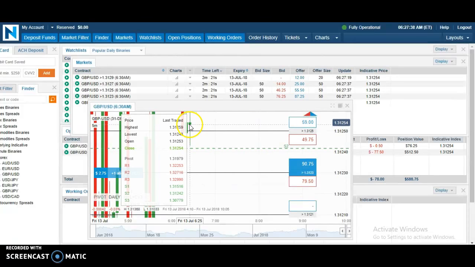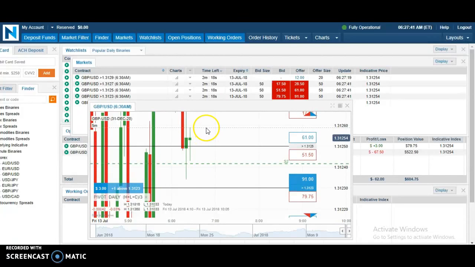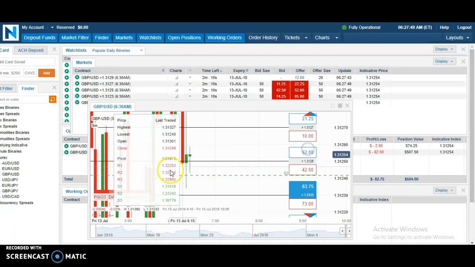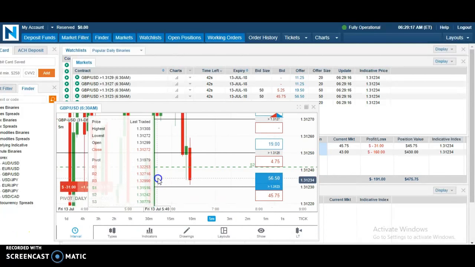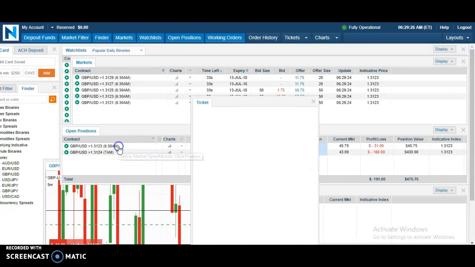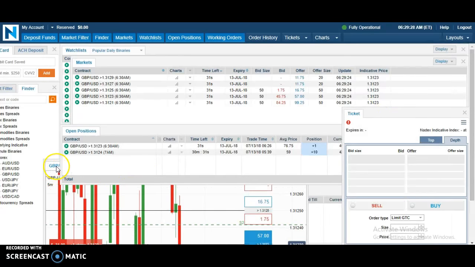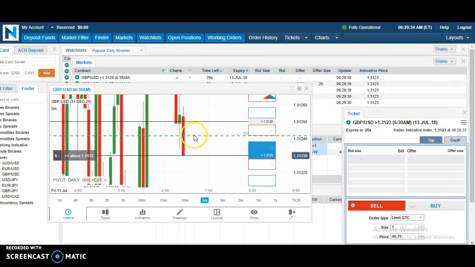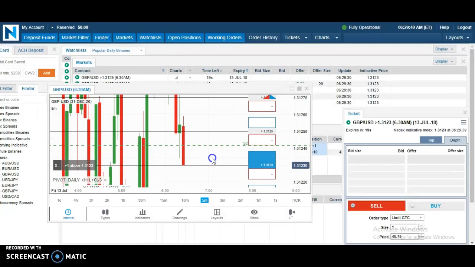The market right now is here, so that's a good sign. Another 2 minutes and 15 seconds remaining on the clock. So I'll be back when 30 seconds is remaining. Guys, another 40 seconds remaining on the clock. The market is trying to go opposite to the price, so let's see what will happen in this. There was a good support line here as well, so I believe the market will stay up, but